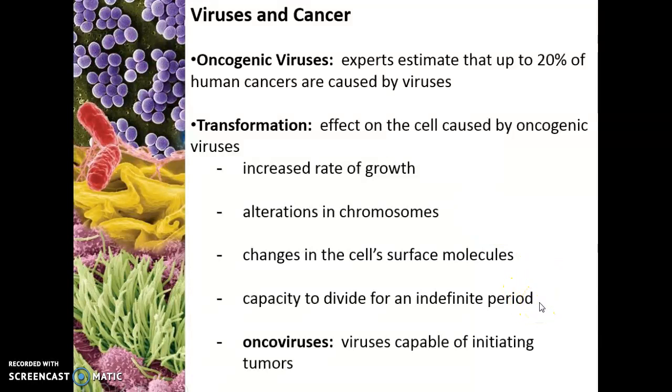But under normal circumstances, when a host cell will mutate, a lot of times that signals the cell to die because it's messed up. But the presence of that oncogenic virus gives it the capacity to divide for an indefinite period of time. And so then that one cell, that rogue cell, that cancer cell, divides very quickly, producing more cancerous cells. So, with that idea of the increased rate of growth and the capacity to divide for an infinite period of time,